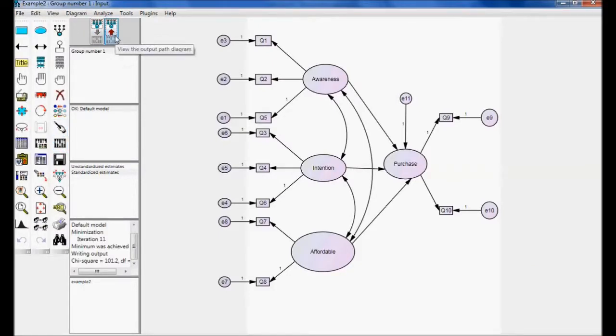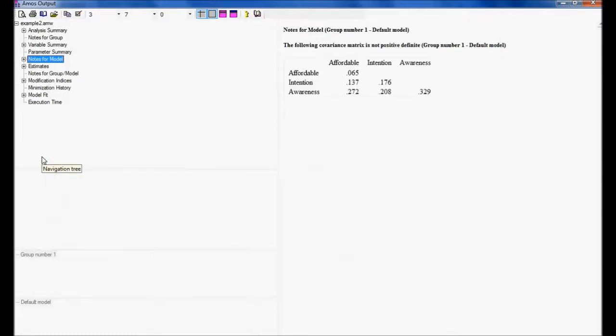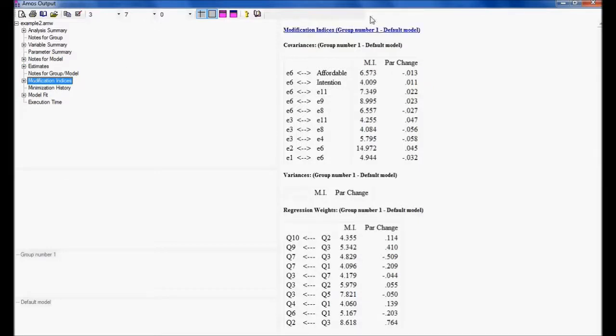Let me view the output path diagram and view text. Now I go to modification indices directly here. These are the values which I get in modification indices. I can make different types of relationships. Let me see the covariances. If I maintain covariance between these variables, I'll get these modification indices.